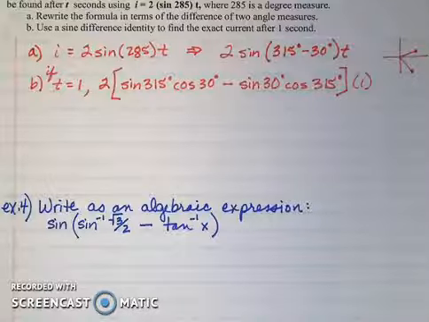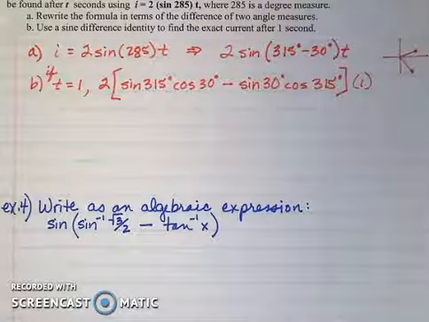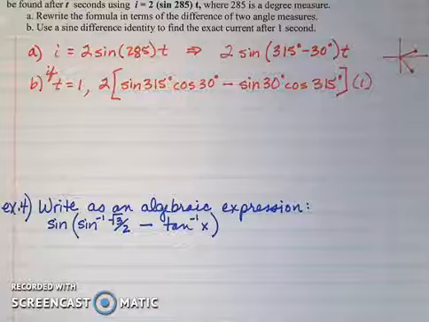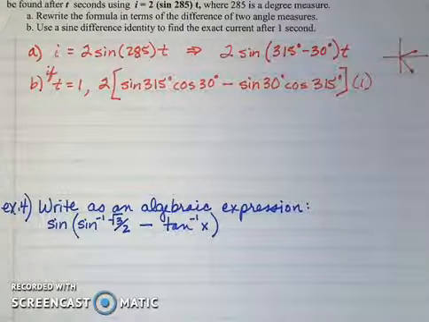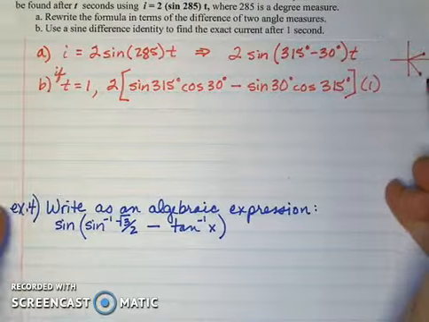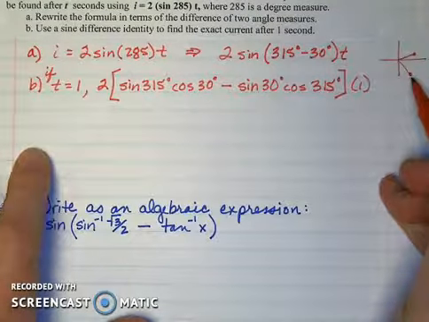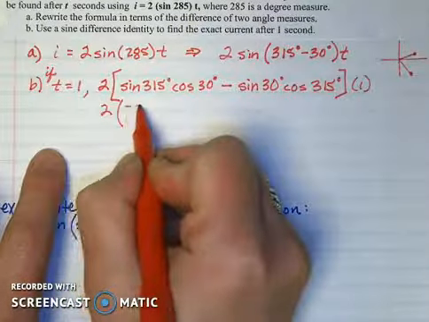Welcome back to part 2 of lesson 5.4, and we are going to complete example 3. We set it up, but now we need to pull the values off the unit circle. So we have 2 times, let's write these values in, the sine of 315. Remember 315 is down here in the 4th quadrant, and the sine value would be a negative, so I've got 2 times negative square root of 2 over 2,